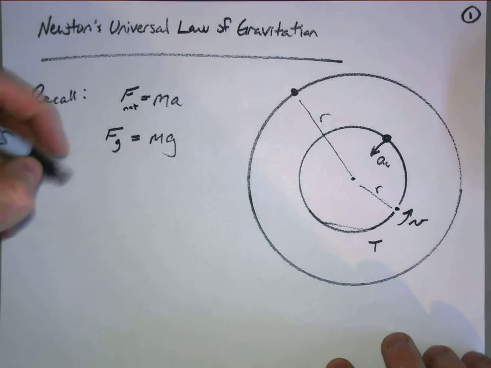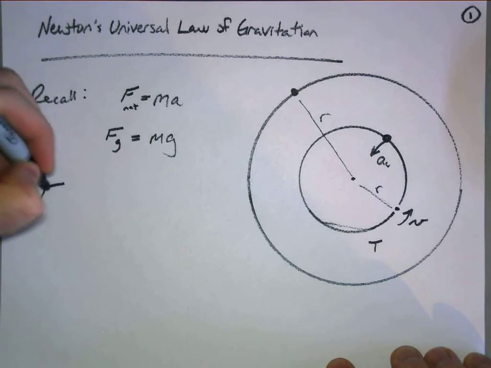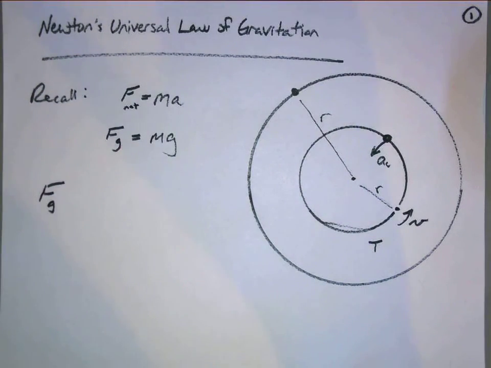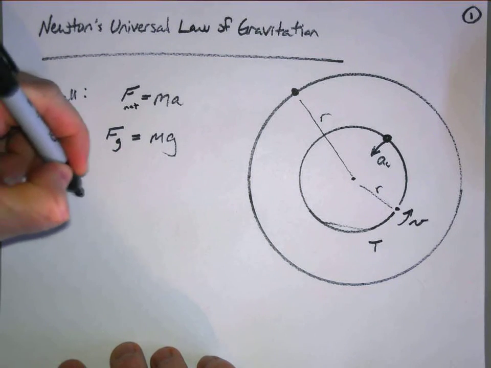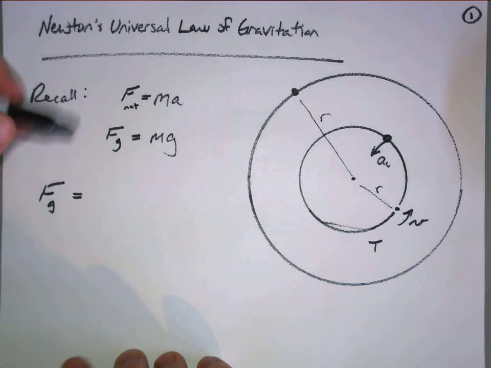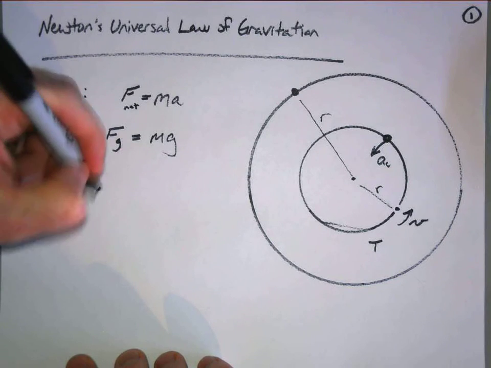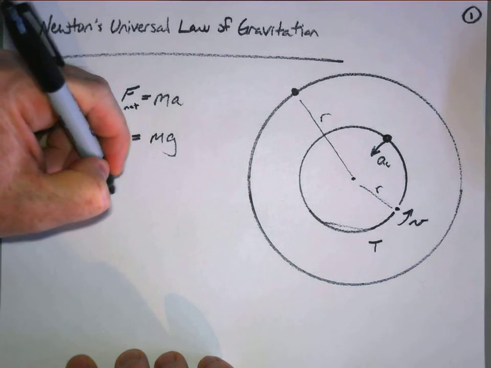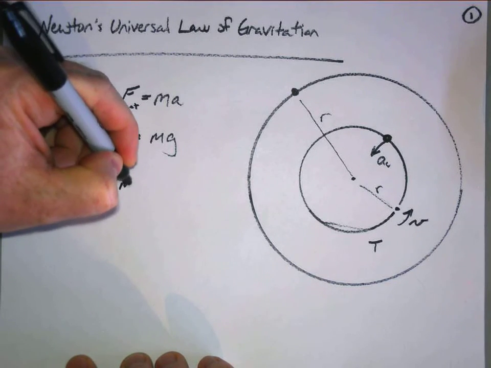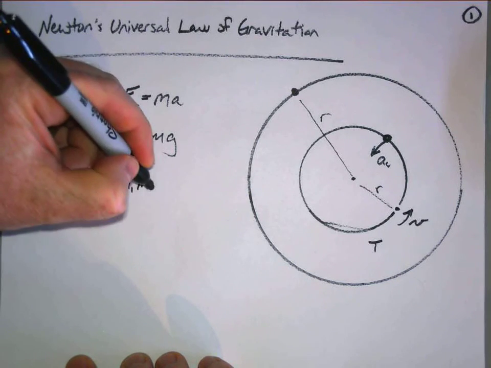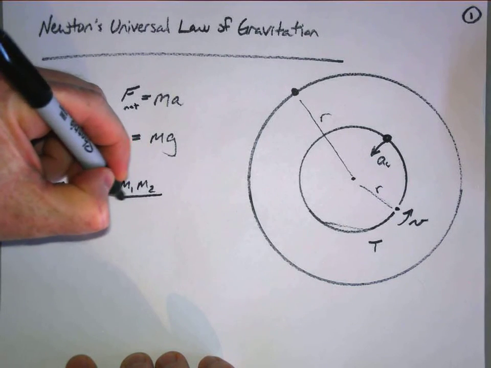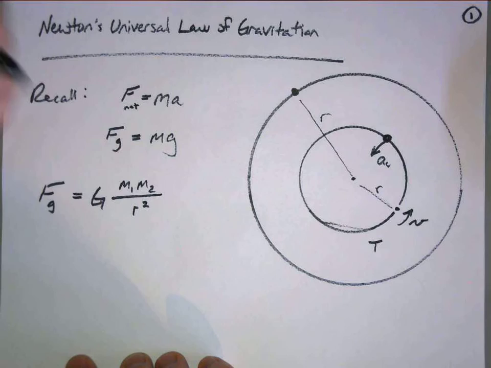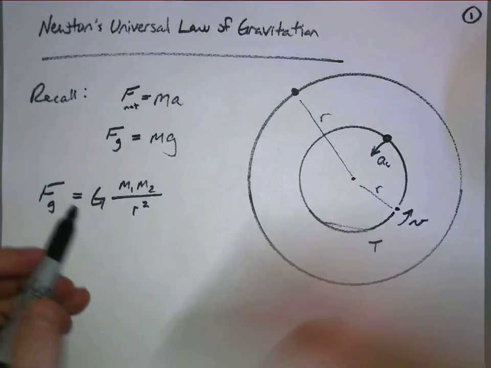So what Newton ended up coming up with is this law, this description for gravity as a force. And this description is in the form of an equation. And so here we go. Force of gravity is equal to G times the mass of object 1 times the mass of object 2 divided by the radius between the two objects squared. That is, right there,